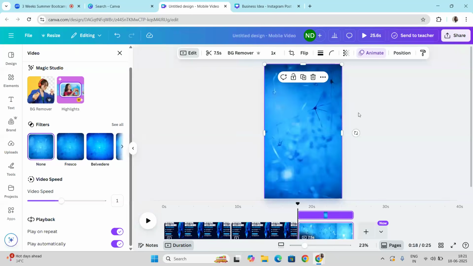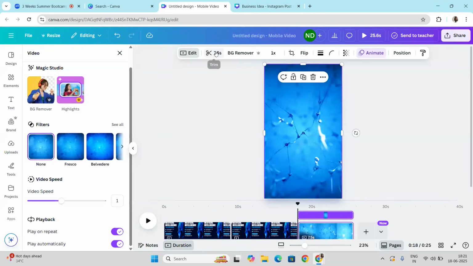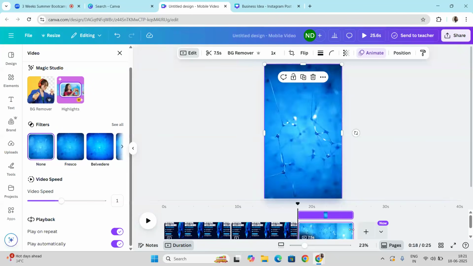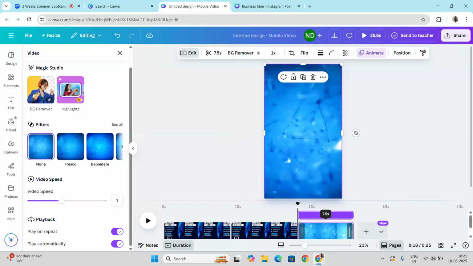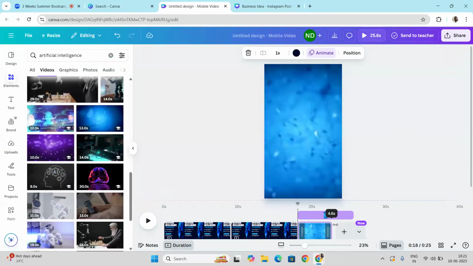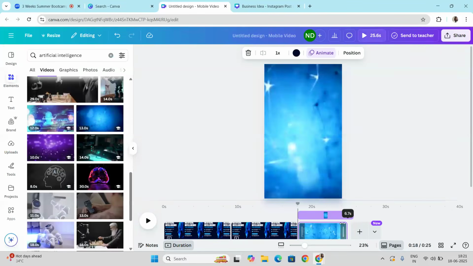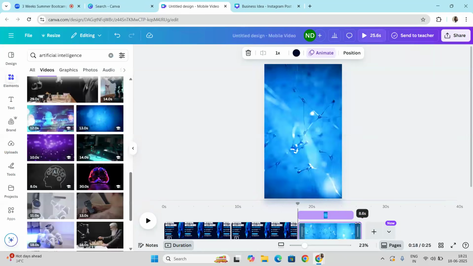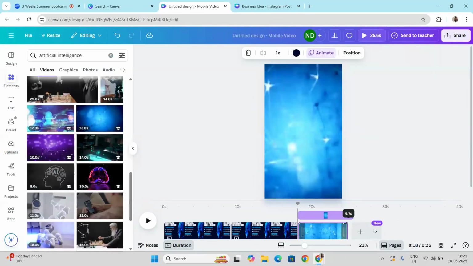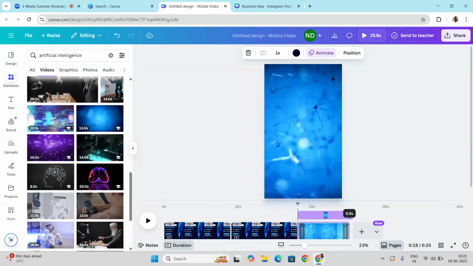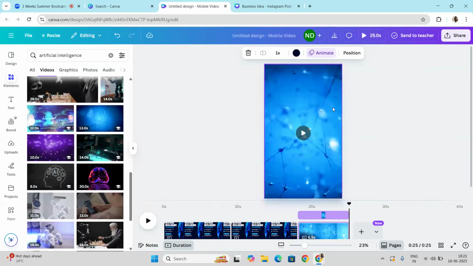Now I'm clicking the trim done button, and you can use this trim as well, or even if you want to trim it from the back part only, you can use this. I guess it's visible to everyone, this is how you can increase and decrease the video length. Now I'm taking it to 6.9 seconds.